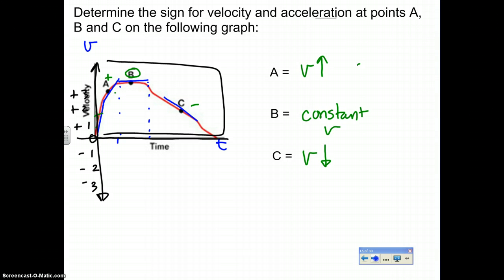That means we have a positive acceleration and a positive velocity at point A. We have no acceleration and a positive velocity at point B, and we have a negative acceleration and a positive velocity at point C. That means that we can clearly see that positive and positive